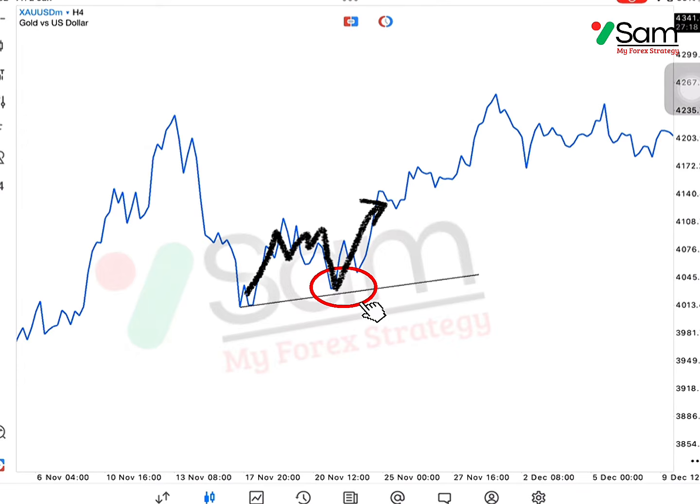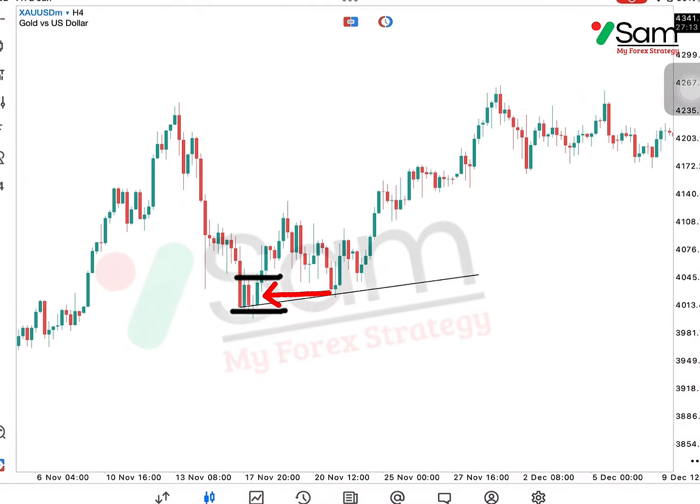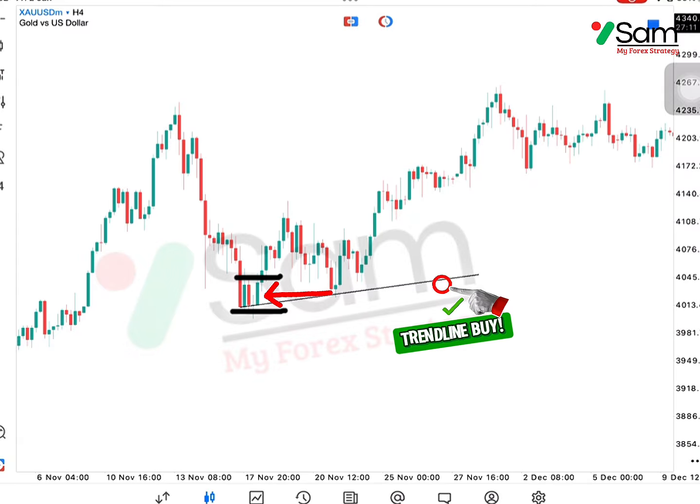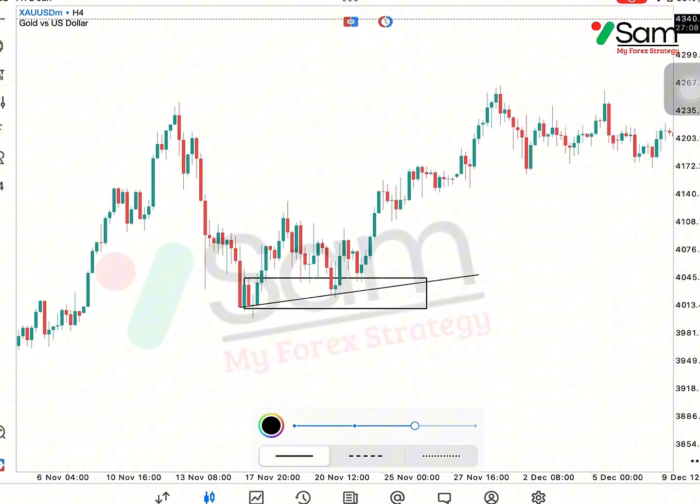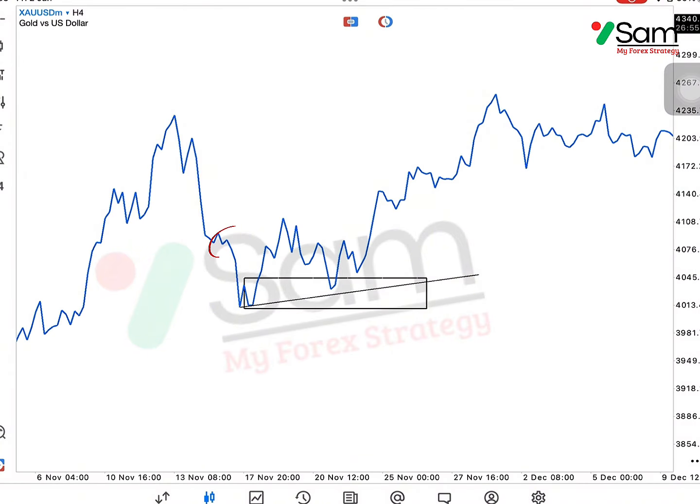The next step is to look to the side and find an engulfing candlestick. Now look here. There is a bullish engulfing. When this appears, our assumption becomes stronger because we now have a buy trend line combined with an engulfing pattern. Next, we check again on the H4 time frame to see if there is any additional confluence. Here, we can see a resistance level, and we can draw another trend line. This trend line still makes sense because it aligns with the engulfing buy area.